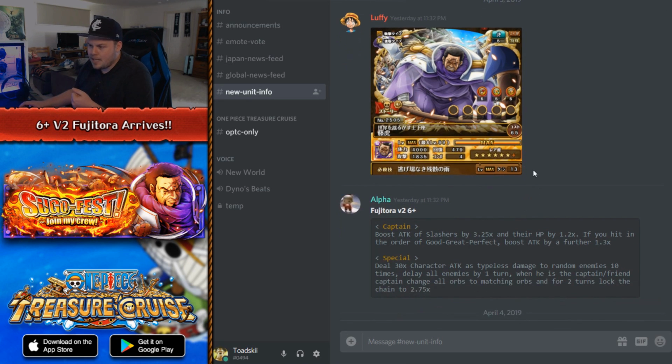Now, his special ability, as we said, stays the same cooldown, deals 30 times his attack as typeless damage to random enemies 10 times, also delays enemies by 1 turn, and when he is the captain or the friend captain, changes all orbs into matching,